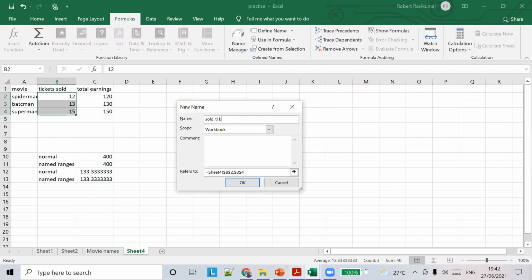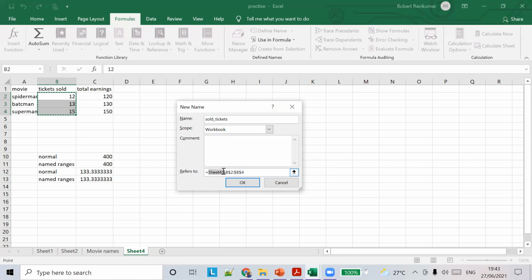So you have given a name for this range. And for scope, you can select whether it is applicable only for the current worksheet or the whole workbook. Let's say whole workbook.